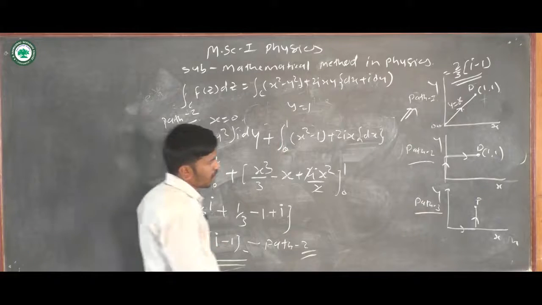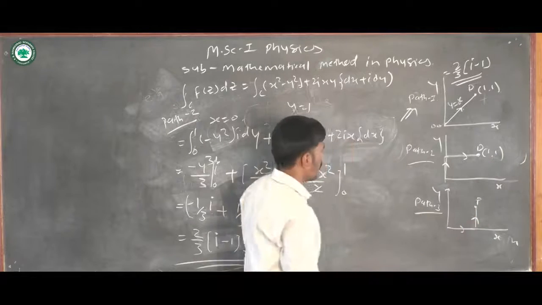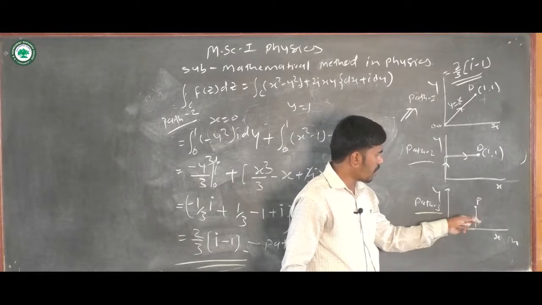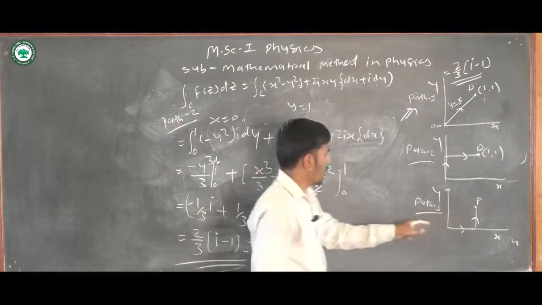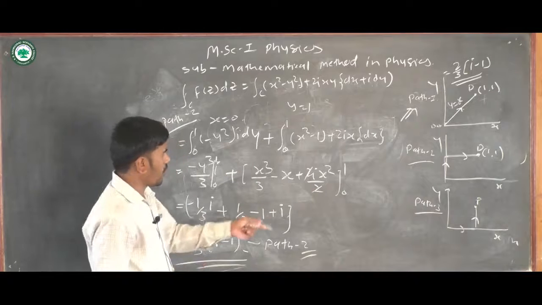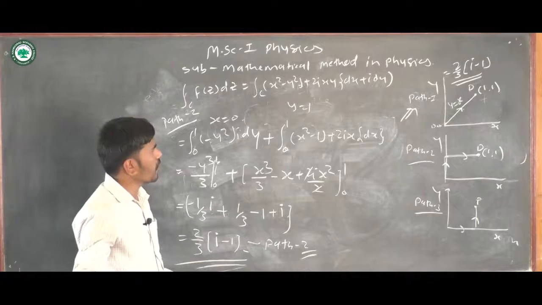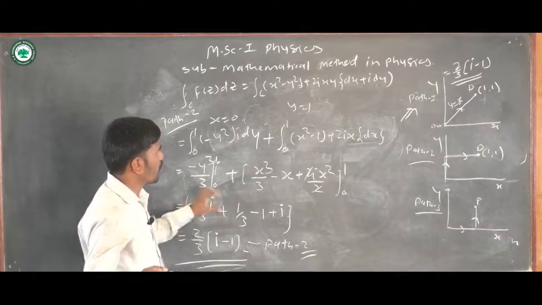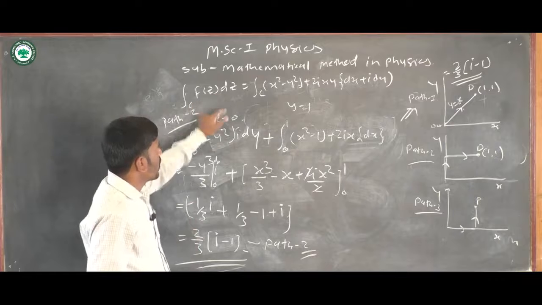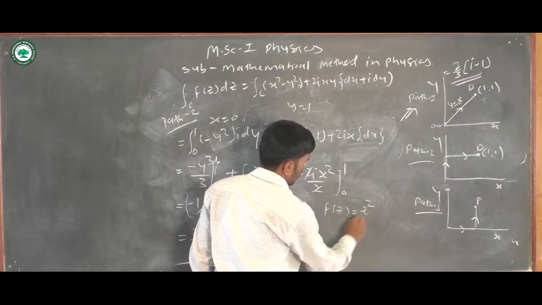And the same if we calculate for path 3. Here the only change is that this path is followed first and then the next. Here y is a constant and x is a variable, and in other terms y is a variable and x is a constant. So we get the same result for path 3. From these three results, since we got the same result from path 1, path 2 and path 3, we can conclude that f of z is an analytic function. This f of z equal to z square is